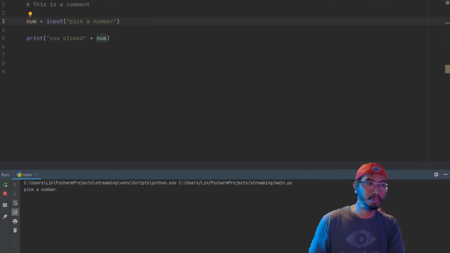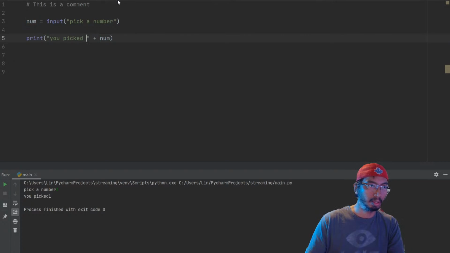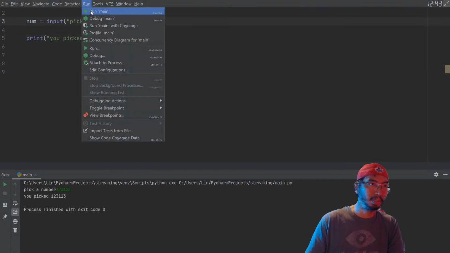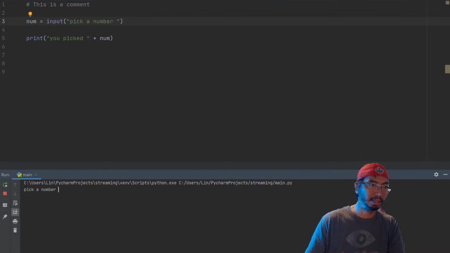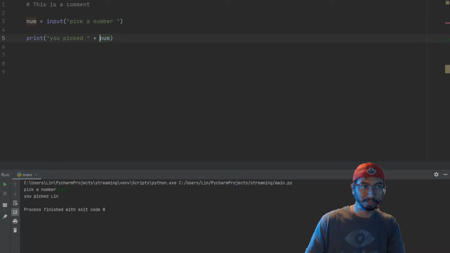So if I put 1, you picked 1. So it returns a string. Let me just put that space there. Oops, just put some formatting over there. So yeah, I can do something like pick a number. That actually wasn't a number, which